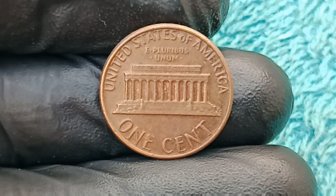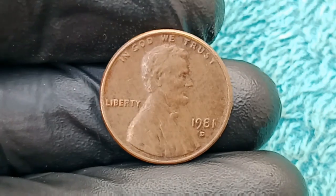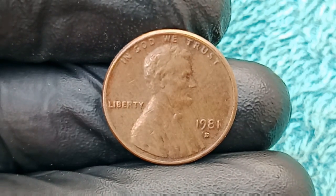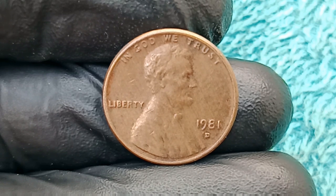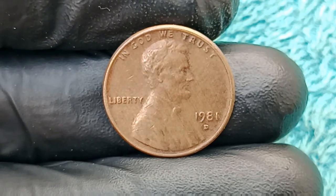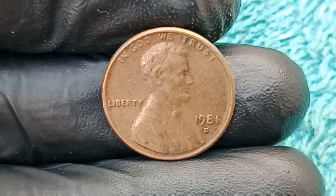And after spotting the unusual shine and slightly off-center strike on one of the 1981 D pennies, he sent it to a third-party grading service where the testing and evaluations began, and that's where everything changed. Initial metallurgical tests revealed the coin contained a highly unusual copper-zinc-tin alloy that had not been recorded for any